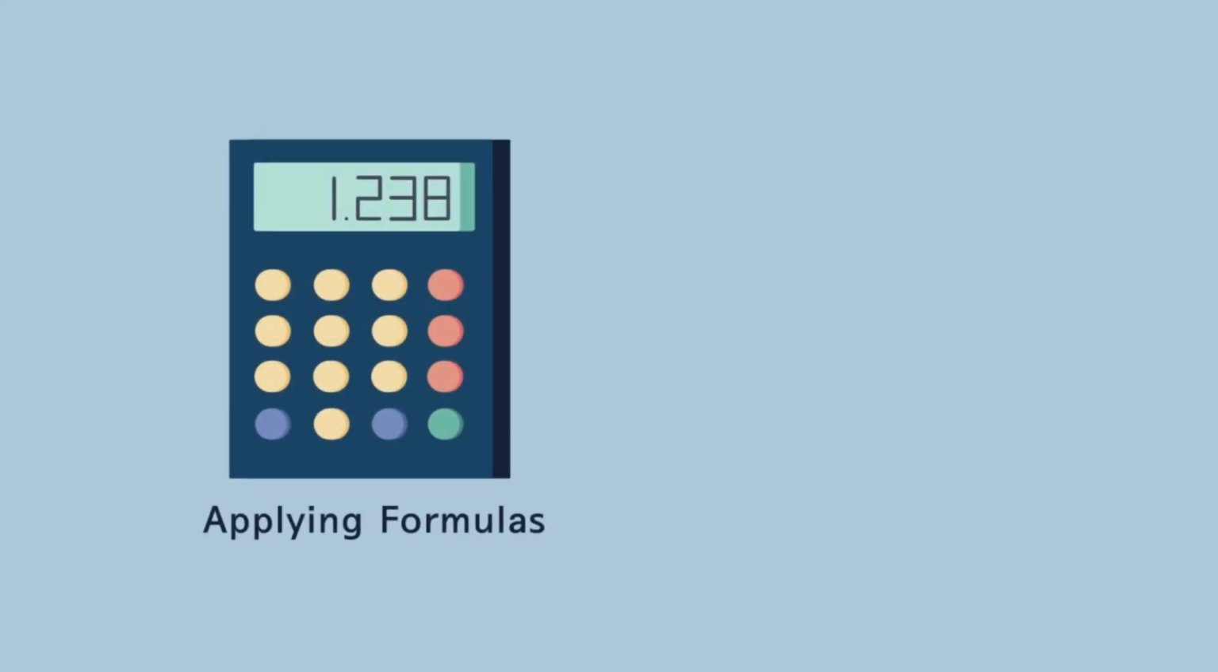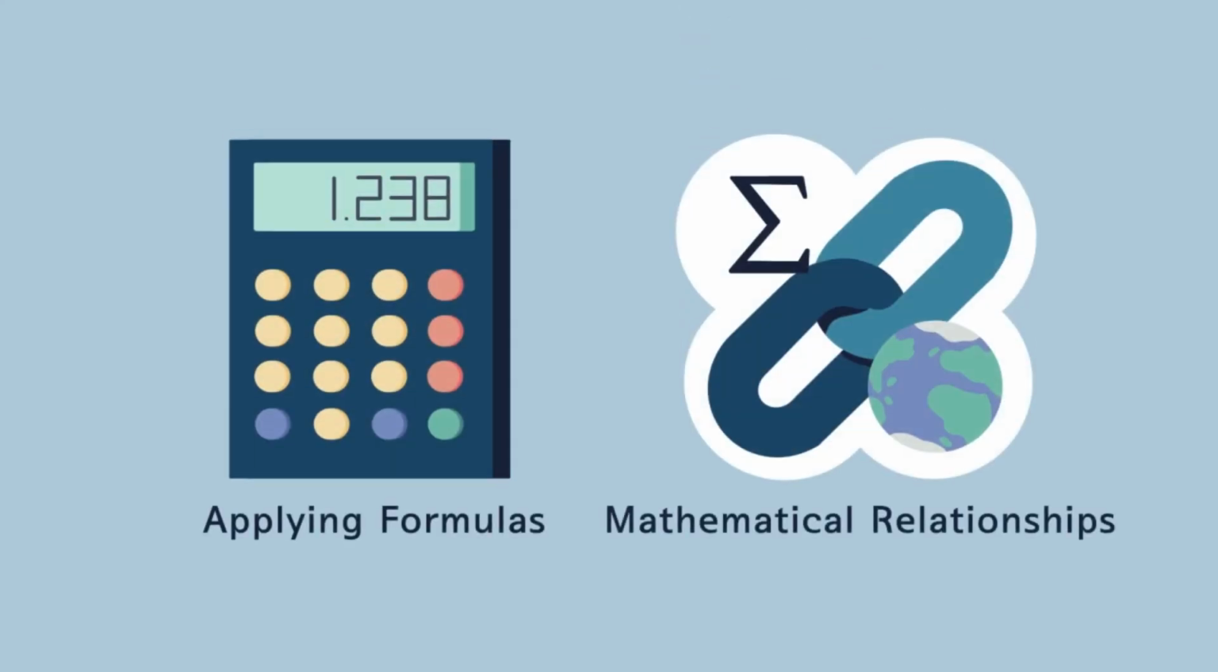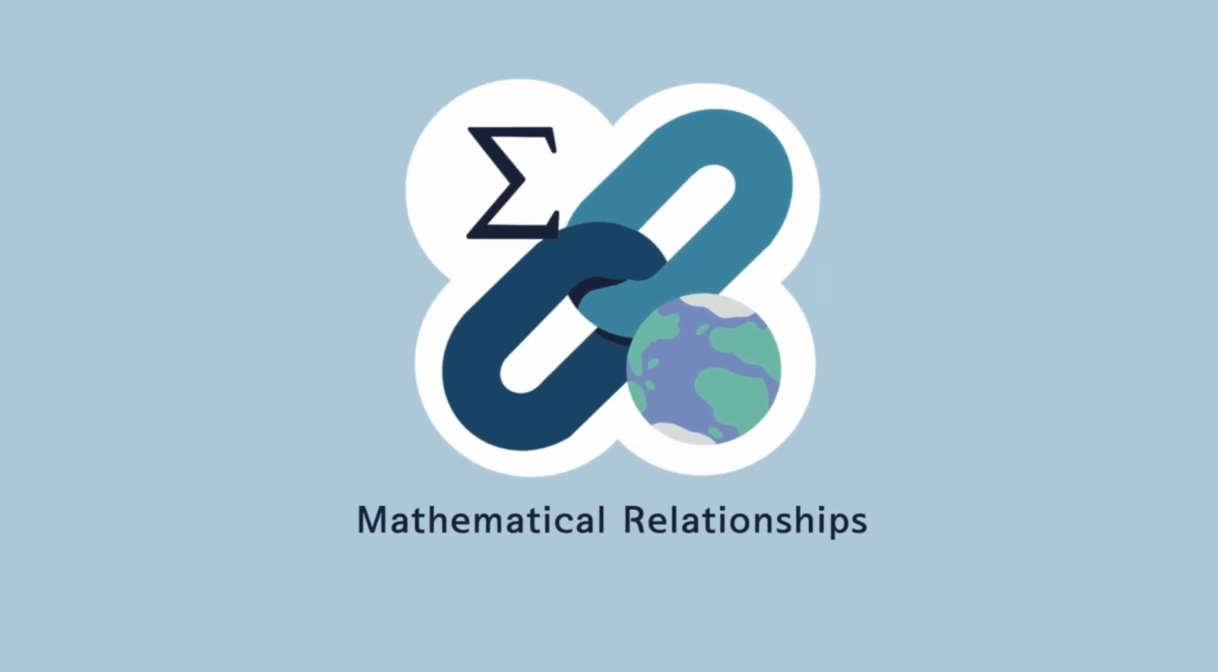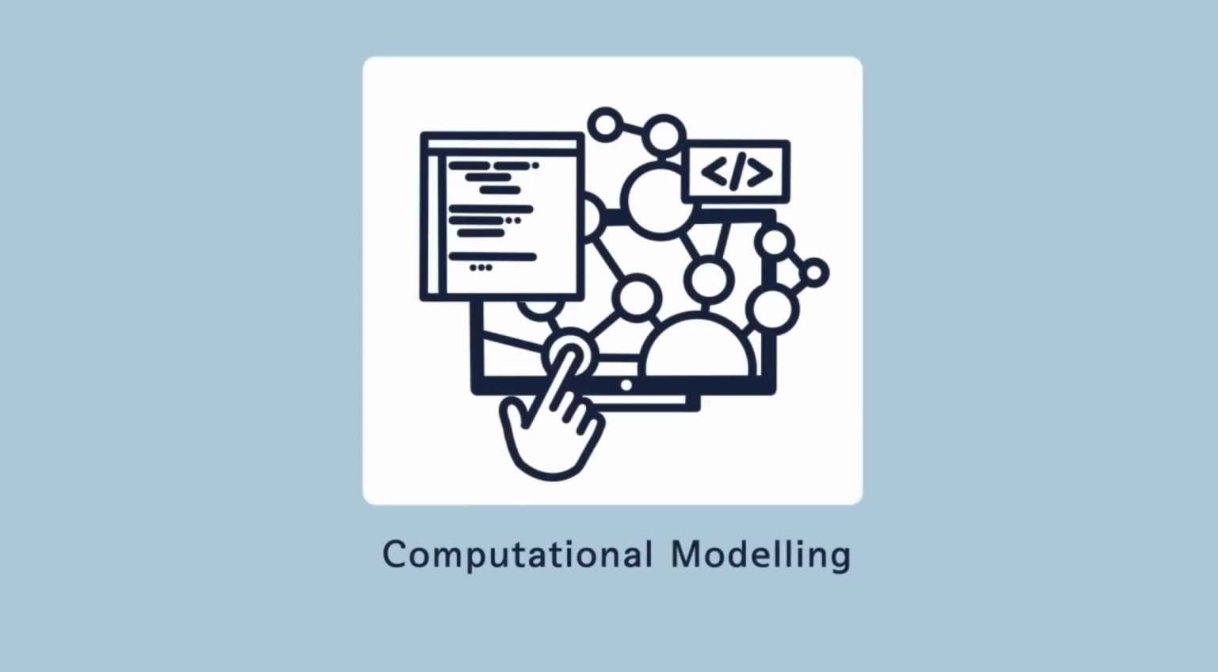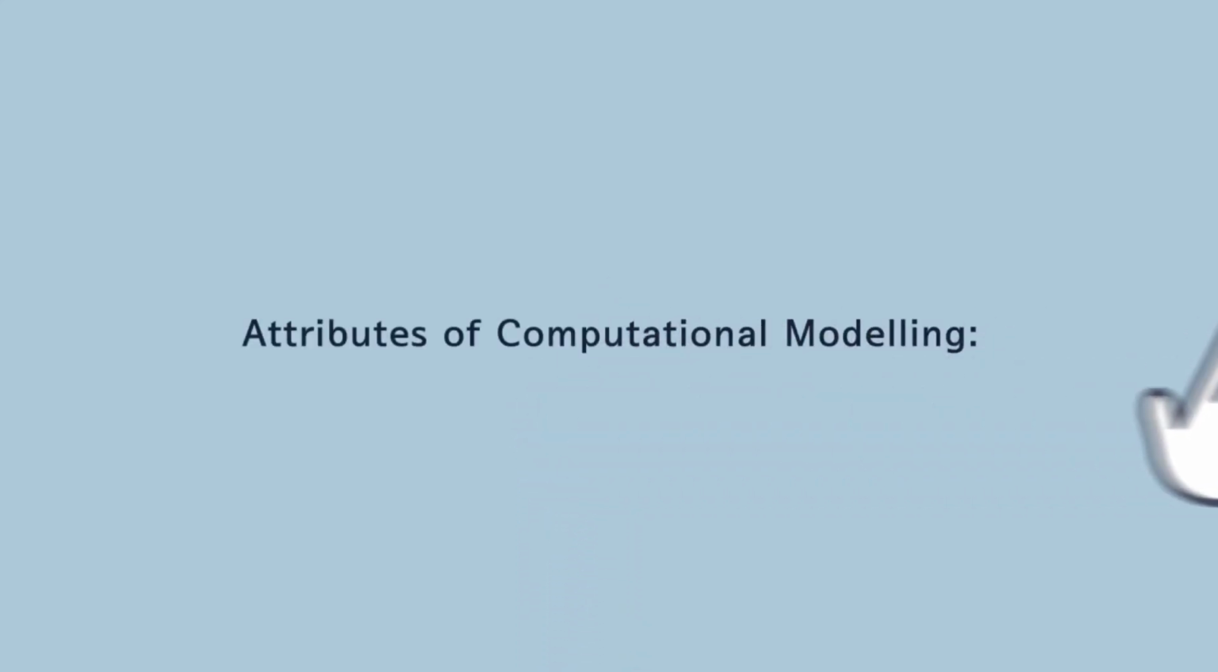However, there's a difference between a person applying a formula and a person creating a mathematical relationship. We want our students to create mathematical relationships while applying the knowledge we are teaching them. Computational modeling can help us do that. Computational modeling is an iterative process that includes the following attributes: